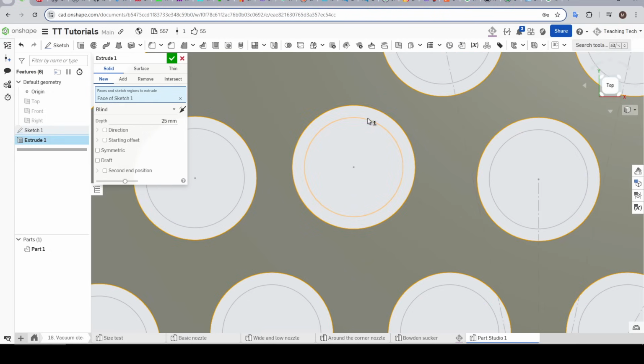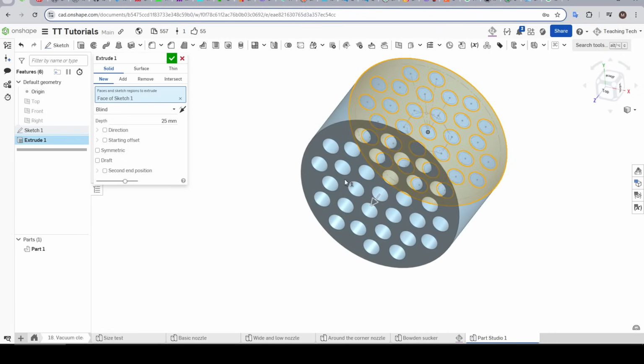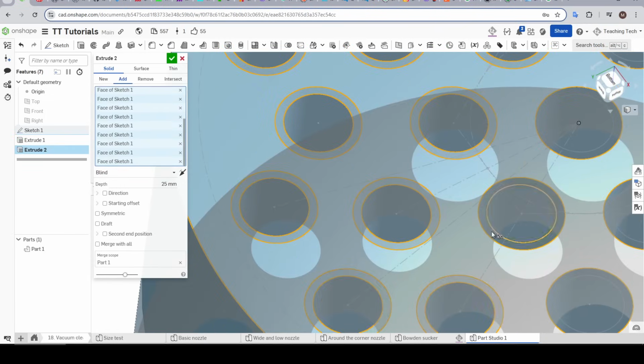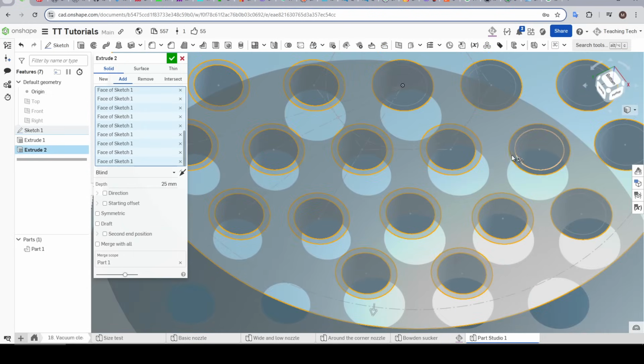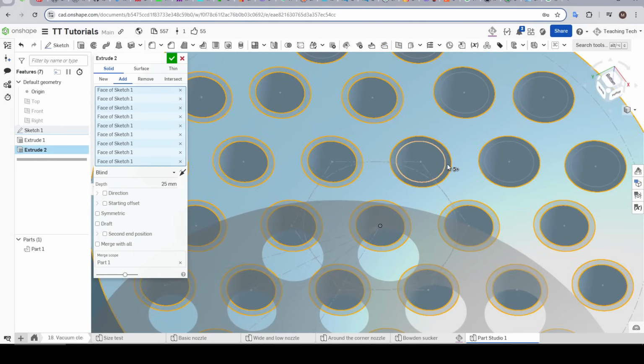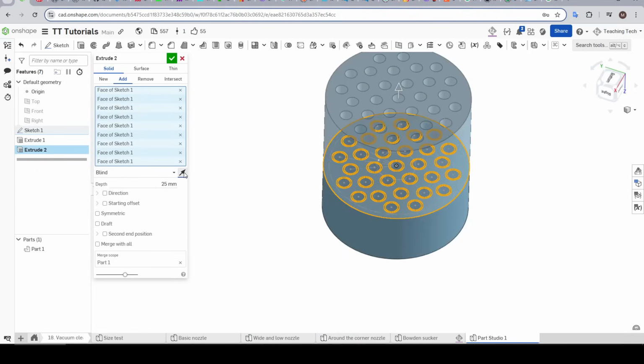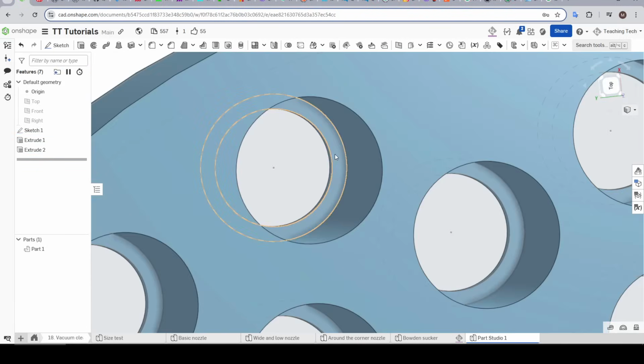The first going down vertically around 15 millimeters, and for this we only want the area in between all of the circles. We then want a second extrude, except going in the opposite direction, and this time we need that same area as well as the gap between all of the circle pairs, and that one only needs to be around 1 millimeter. So we have our lip on the inside to catch the tube,